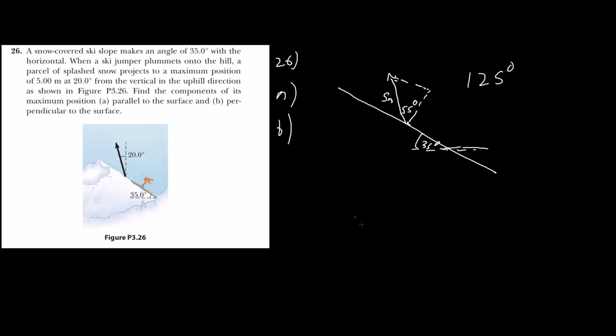The parallel to the surface. So the parallel is going to be this component right here. So that's going to be 5 meters sine of 55 degrees. And the perpendicular component is going to be 5 meters cosine of 55 degrees. So 5 meters. I'm just going to put that in the calculator. So 5 sine of 55 degrees is going to be